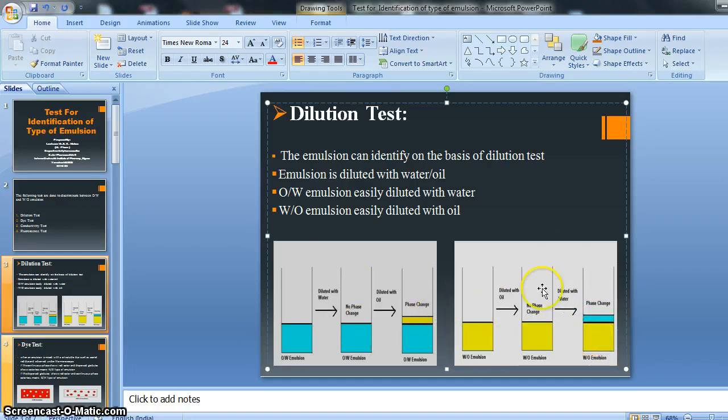So this is about the dilution test. With the help of this small test we can identify or discriminate our preparation. Also we will perform this test in our practical, right?